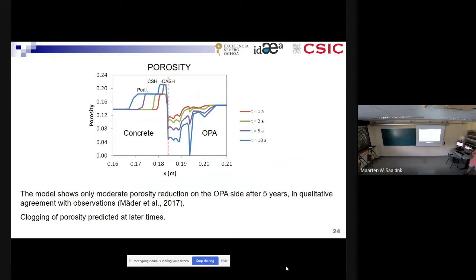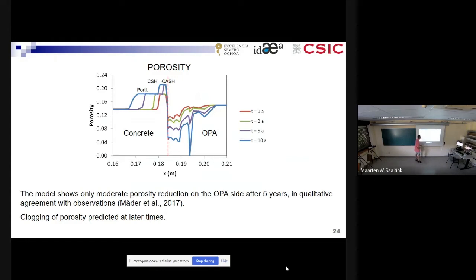So these are results for porosity. Basically, I'm just focusing on a narrow region. This is just 5 centimeters. And you have the interface between the concrete and the Opalinus Clay, marked in red. So you have the evolution of porosity at 1, 2, 5, and 10 years. When you look at the concrete side, basically you see this front: red, green, purple, blue. It's the dissolution of portlandite, a very reactive phase. So this reaction front is moving, so we have an increase in porosity, and then we get this second blip here,